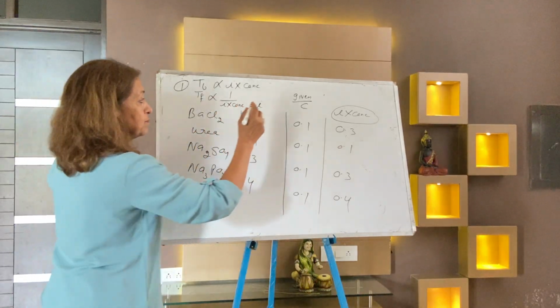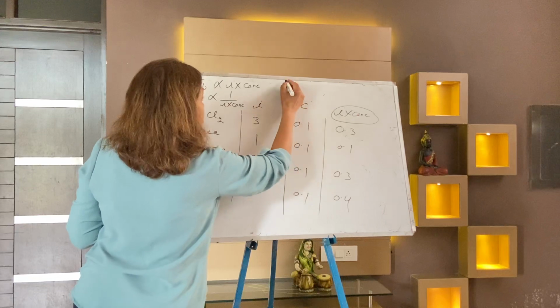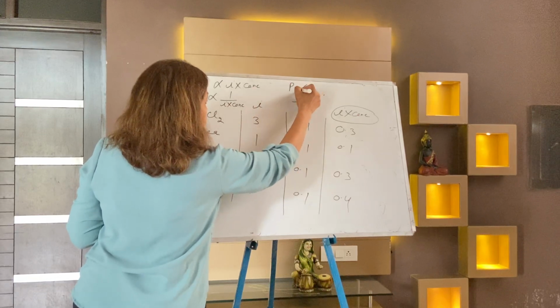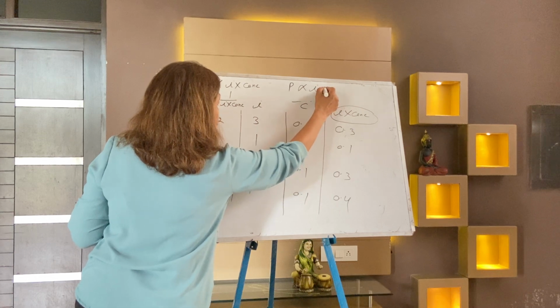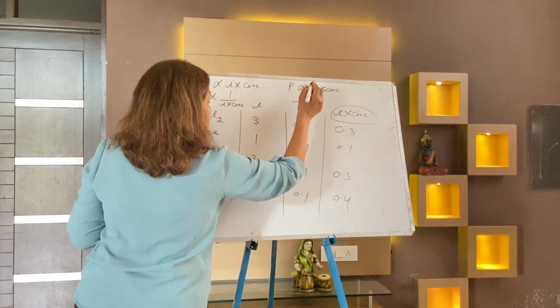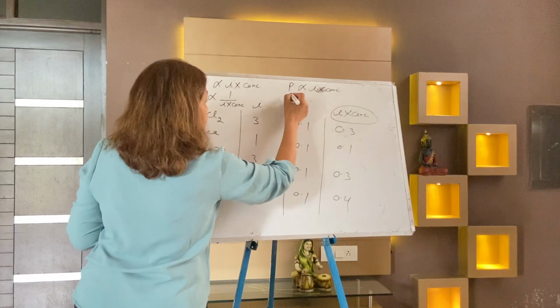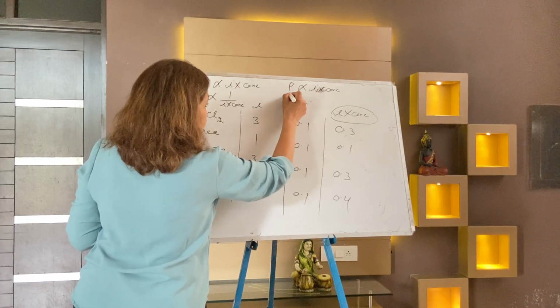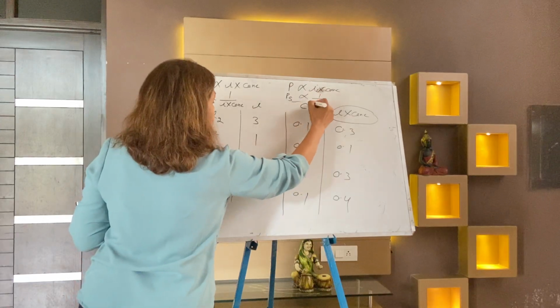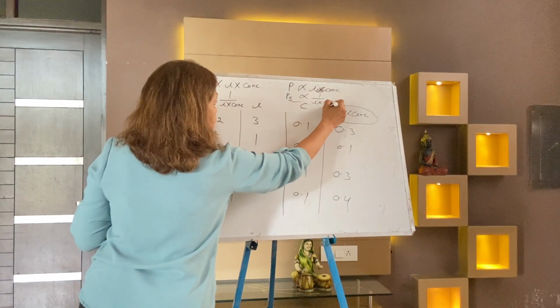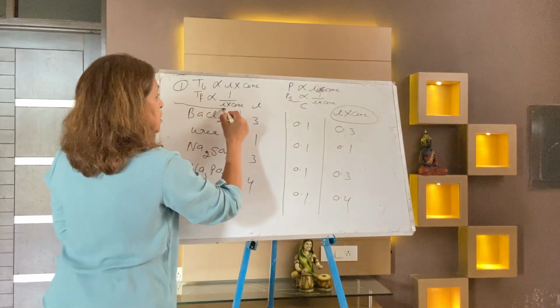After that, third is osmotic pressure. Osmotic pressure is directly proportional to i into concentration. One is left, freezing point, and one is left, the vapor pressure of solution, PS. PS is again inversely proportional to i into concentration. So write down these 3 points.